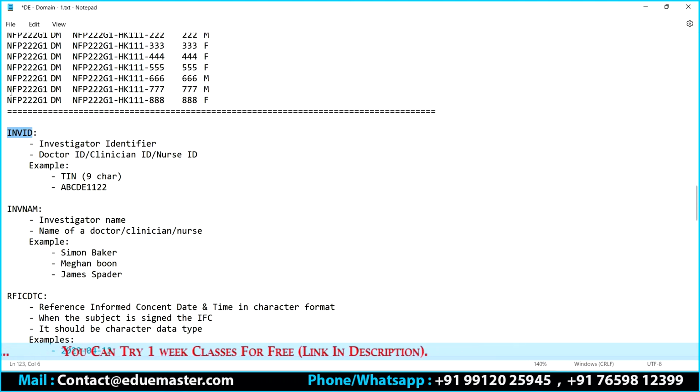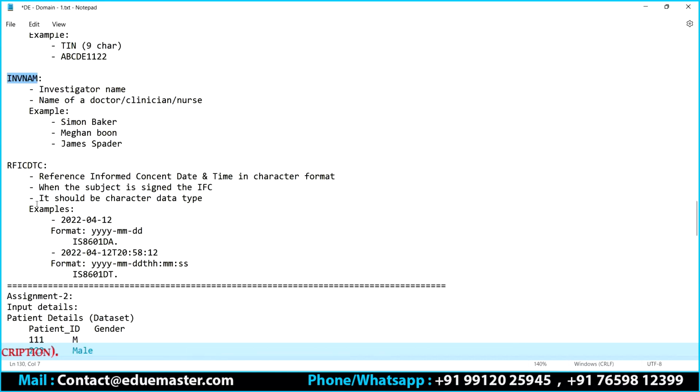Investigator ID identifier, which is nothing but either a doctor ID, clinician ID, or nurse ID, can be called as such. Investigator name. So we started with the date. The very first date is going to be when you have signed the consent form, or when the subject has